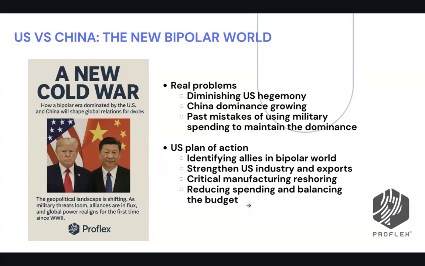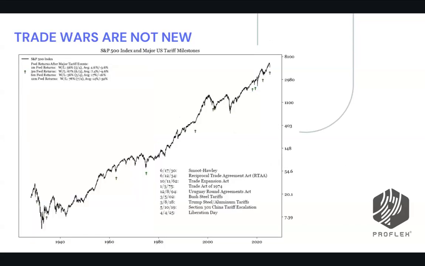By the way, if you don't understand US politics, in 2 years we have midterms when there will be a potential change. So Trump has to go very fast and achieve in the next 2 years. He doesn't have 4 years of his term to achieve it because he might lose the House in the next 2 years. This is why I think they're also being aggressive in reducing spending and balancing the budget. So that is the main intent here, why this trade war has been so aggressive. And that is what we are dealing with right now.